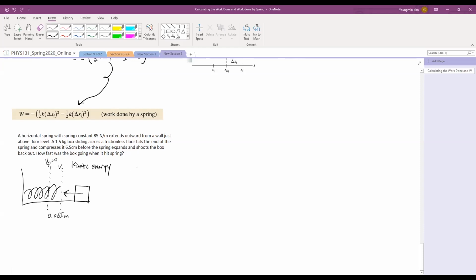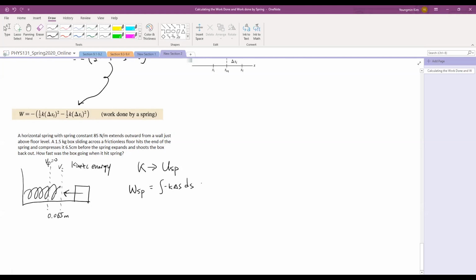So the kinetic energy is going to translate into the elastic spring potential energy, which we will learn about in chapter 10, but it's going to be changed into potential energy of the spring. So here, the work done by the spring is going to transfer the kinetic energy into a spring potential energy. So the work done by the spring is simply, we use the generic definition here, minus k delta s